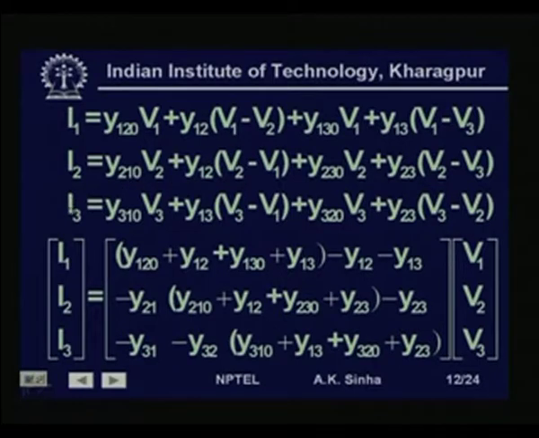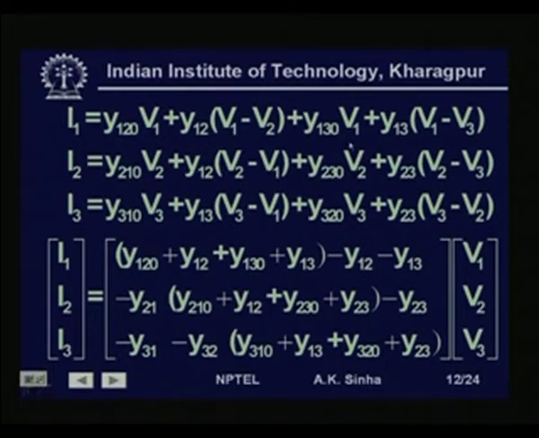Same way for I3, the current injection at bus 3, that will be equal to Y310 into V3 plus Y13 into V3 minus V1 plus Y320 into V3 plus Y23 into V3 minus V2. So, these three equations are relating the current injections I1, I2, I3 into the network with the voltages at the three bus bars,